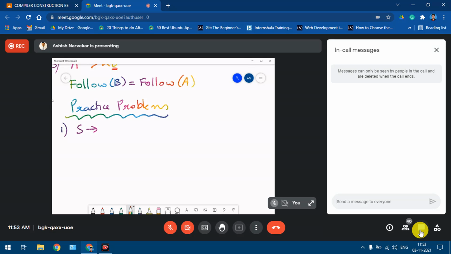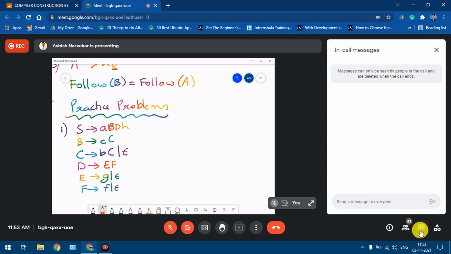S derives A, B, D, H. B derives small c, capital C. C derives small b, capital C or epsilon. D derives E, F. E derives G or epsilon. F derives F or epsilon. Okay. So what we can do here is